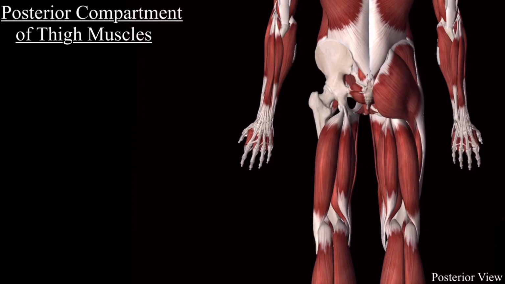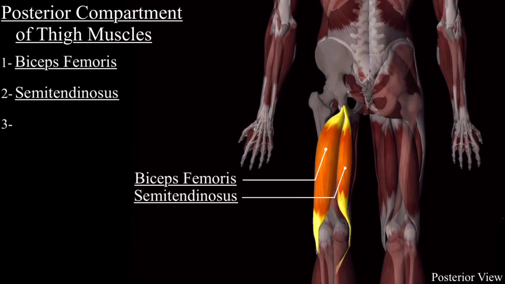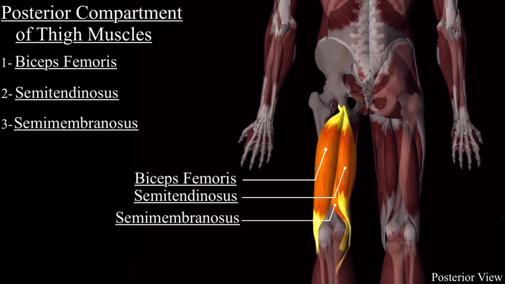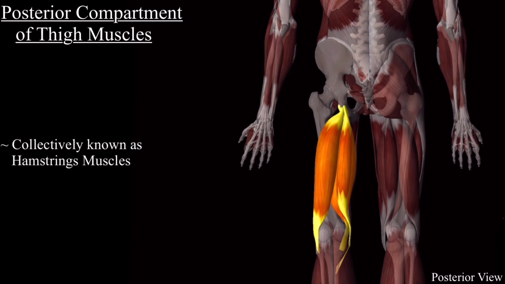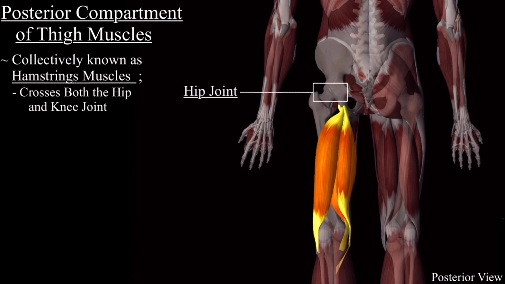The posterior compartment of the thigh includes three muscles, that is biceps femoris muscle, semitendinosus muscle, and semimembranosus muscle. They are collectively known as hamstring muscles. The true hamstring muscles cross both the hip and the knee joint, and they include three muscles, that is the long